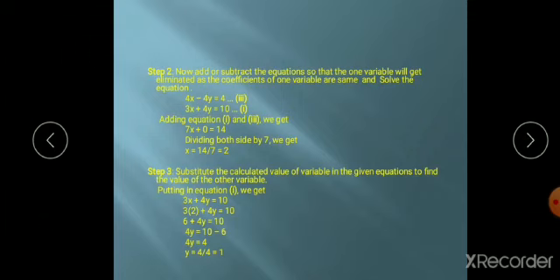3x + 4y = 10 is given, and you multiply the second equation by 2. So 4x - 4y = 4. Now eliminate. Now y will be eliminated. Plus 4y and minus 4y will get cancelled. Then what will be the remainder? 7x = 14. Therefore x = 2. So the x value will become 2.